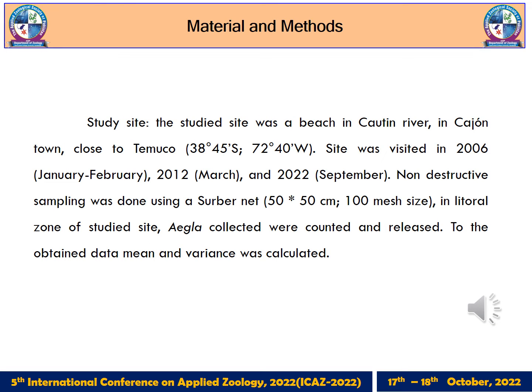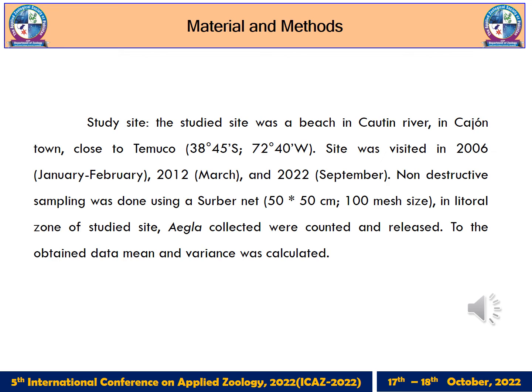As material and method, first the study site. The study site was a beach in the Cautín River in Cajón town, close to Temuco, at 38 degrees 45 minutes south latitude, 72 degrees 40 minutes west longitude. The site was visited in January and February 2006, March 2012, and